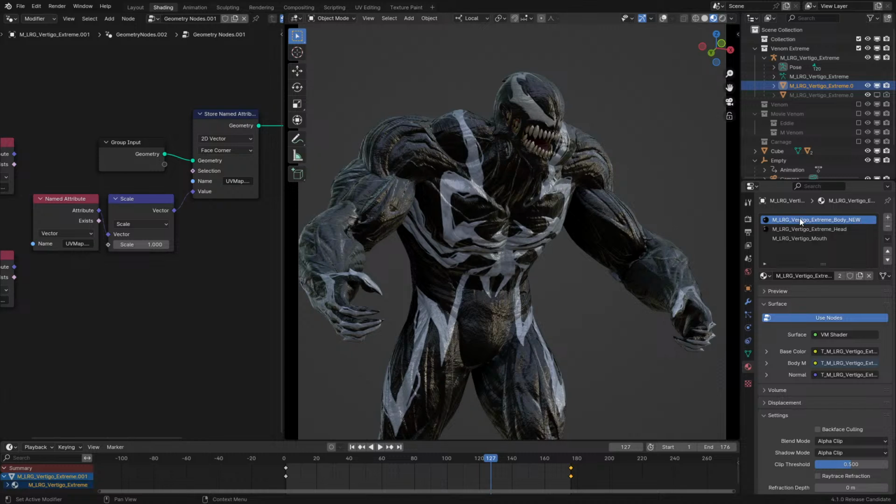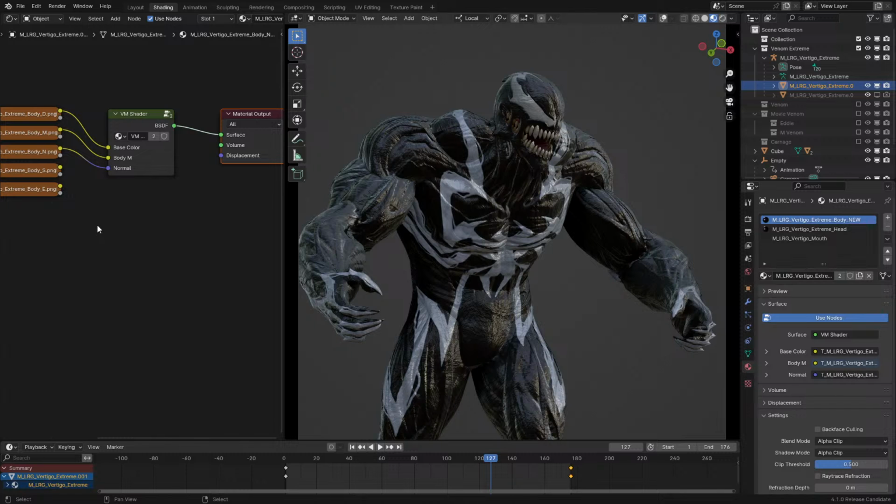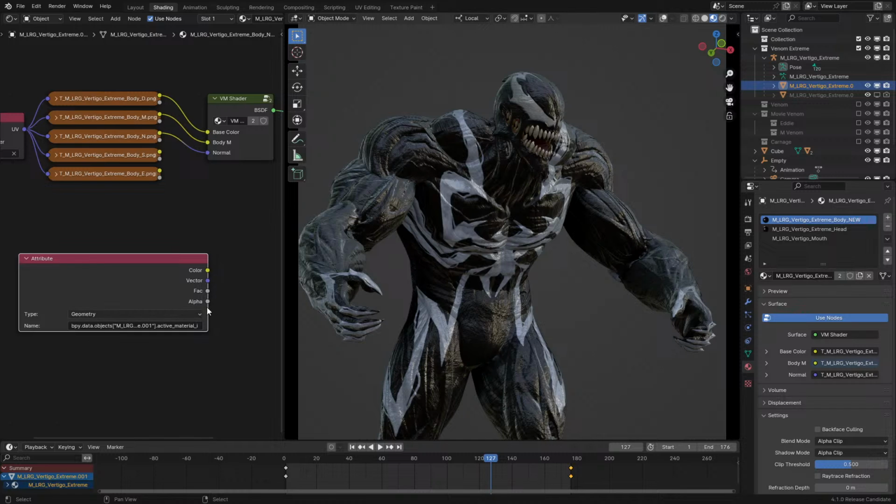Some of this is possible, like with the view layer attribute node, you can, or is it the object here? One last tangent, but if we put this in here, you can see parts of some of the data block stuff, but